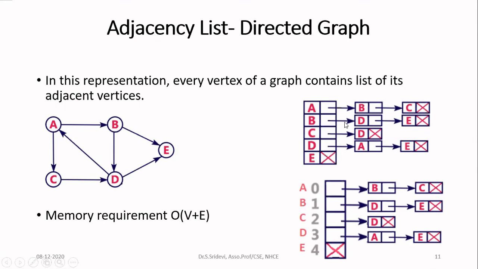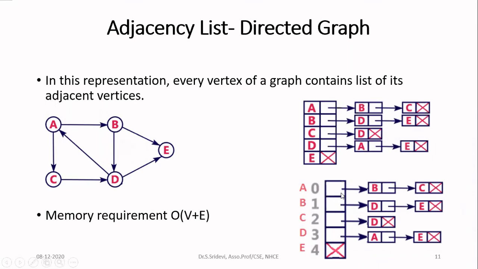In the other way, what you can do is, for every node, you can create an entry in the array. You can create an array of pointers in the second method. So first I am creating an array of pointers. What is the size of the array? That is nothing but how many nodes you have in the graph. I have totally 5 nodes in the graph. So the size of the array is 5, starting from 0 up to the index 4. And 0 is representing node A, 1 is representing node B, and so on.